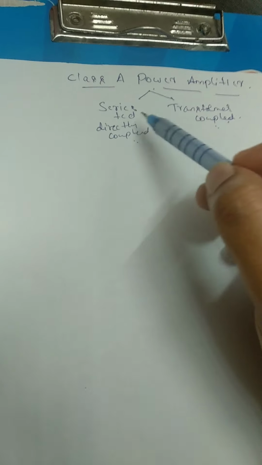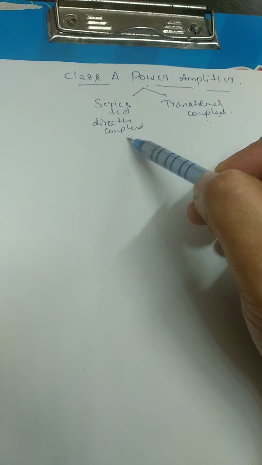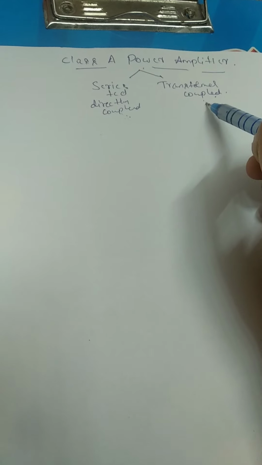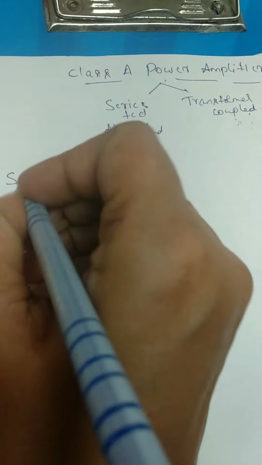Okay, so the class A amplifier is divided into two types: series fed directly coupled class A power amplifier, and transformer coupled class A power amplifier. In this case the load is directly connected to the transistor, that is, to the collector. Here the load is connected to the collector through a transformer, so that is why it is called transformer coupled class A amplifier. Today we'll discuss the series fed class A amplifier and we'll define and derive